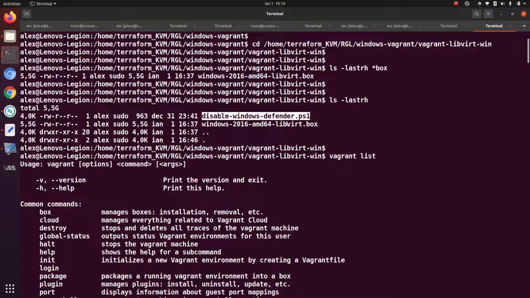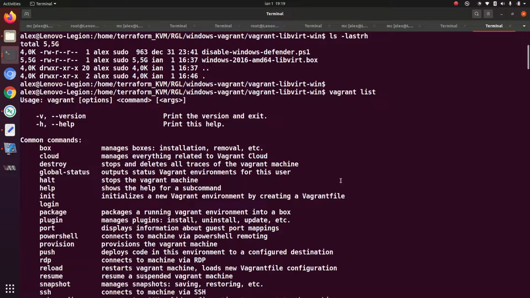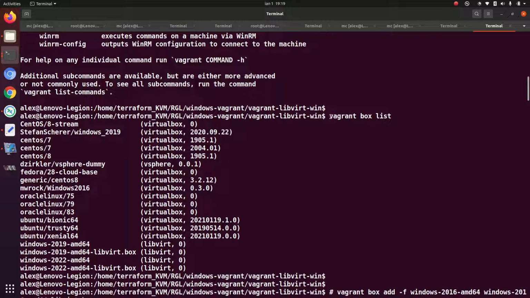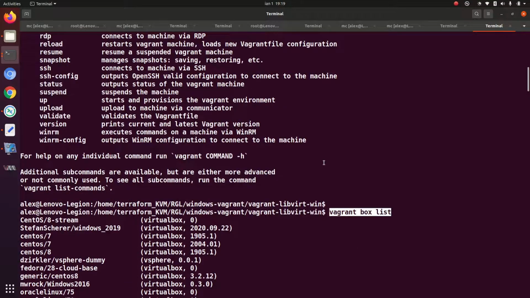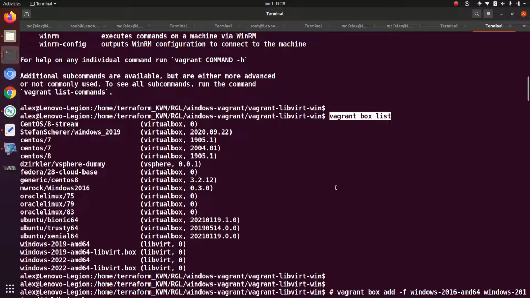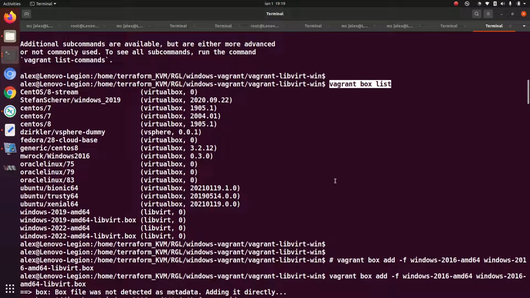So I created a new folder. I put in the new folder the box created with the Packer script, and the Vagrant box list command didn't show Windows 2016, only 2019 and 2022. So this means that the Windows Server 2016 I created was created last, and